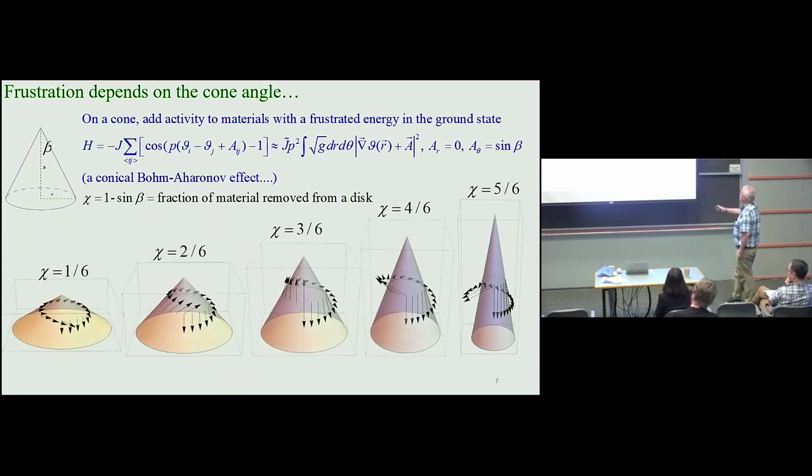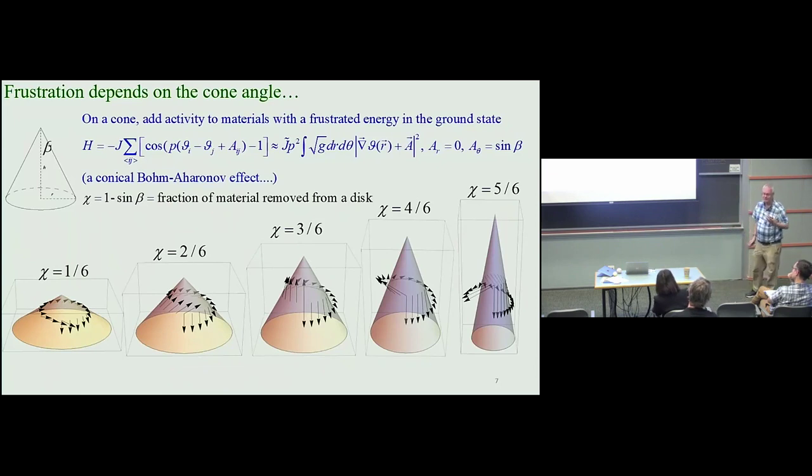And if you just try to minimize this kind of energy, it depends on the value of chi. That's like the intensity of the delta function. Pointy cones rotate order parameters more than more gentle cones, and then for various fractions of 1/6, you can see the amount of rotation. I now want to just, as a warm-up to introducing activity, talk about